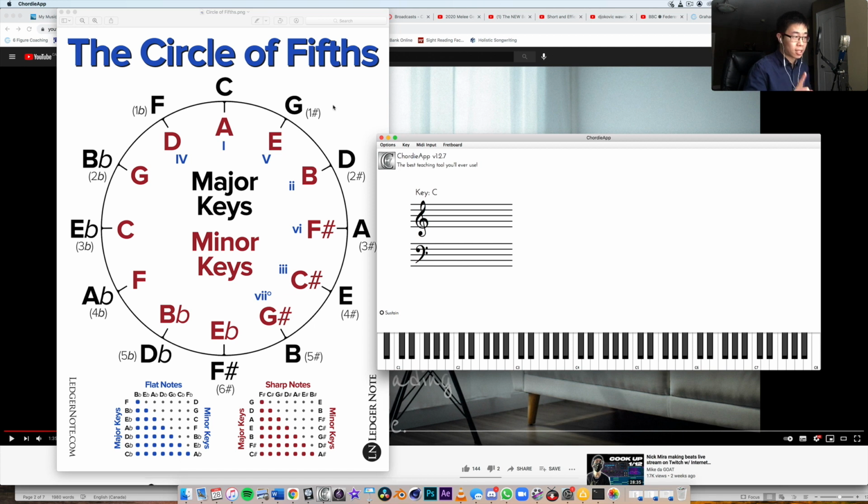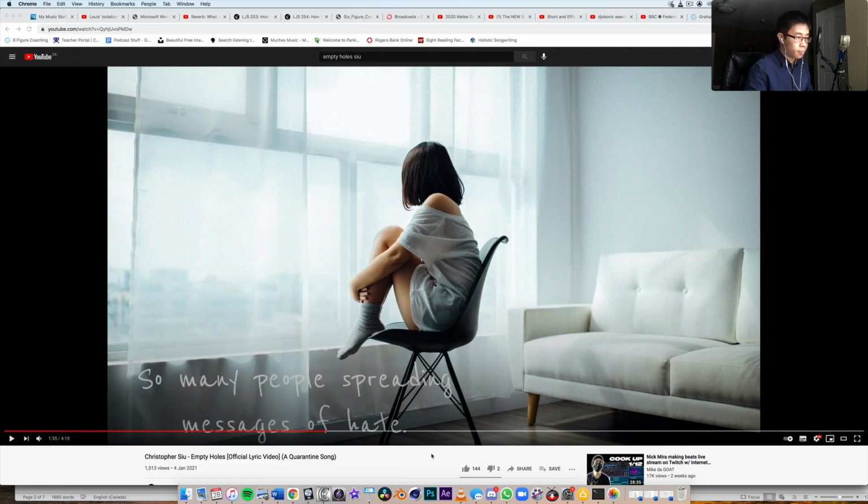But this is just one example of how I like to modulate, by moving up a minor third. And I hope it gave you a bit of an insight into why this works. And so just as a little bonus tip here, you'll notice when I went to this new key,